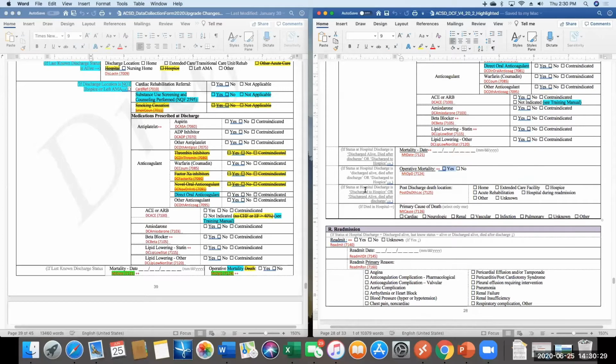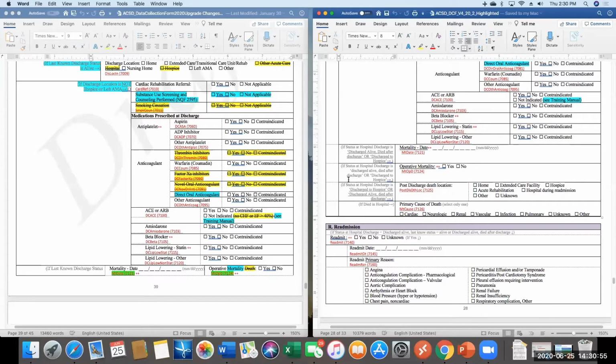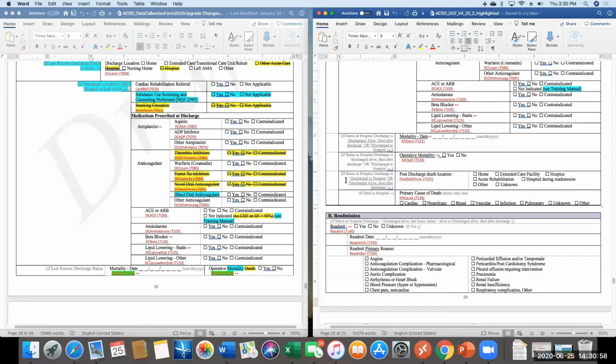If status at hospital discharge, and again, this is a really small number of patients. I think it was less than 0.4% of all cases out of 300,000. It was less than 0.4% of all cases. So it's a very small number. But we have had instances with version 2.9 that the surgeons decided that it was necessary to change how hospice patients were being captured. If status at hospital discharge is discharged to hospice or discharged or died after discharge, then